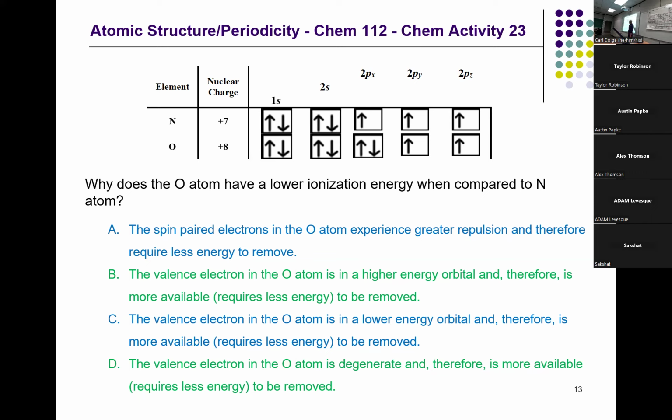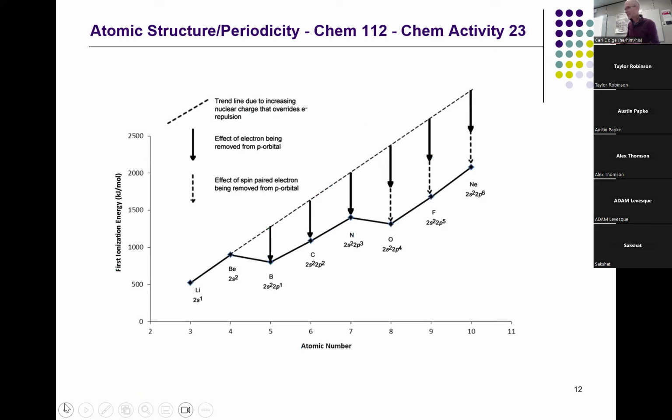But note that the next element beyond oxygen is fluorine. And for fluorine, it would also be paired. And so for fluorine, any one of these would be removed. And you might say, well, why doesn't it dip more? Well, no, it's not going to dip more. It's just going to continue to be dipped. So all of these are dipped from what you would have expected otherwise. We just happen to see the dip right there.